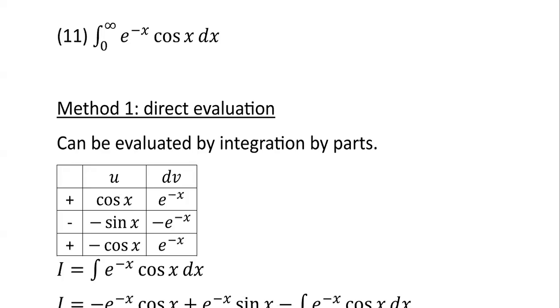Number 11, the integral from 0 to infinity, e to negative x times cosine x times dx. So I solved this in two different ways. Method one, I directly evaluated it. Method two, I did a comparison test. You'll see clearly the comparison test is much simpler if you were able to think of something to compare it